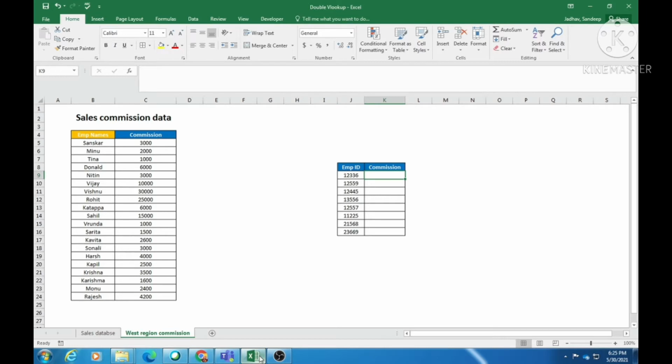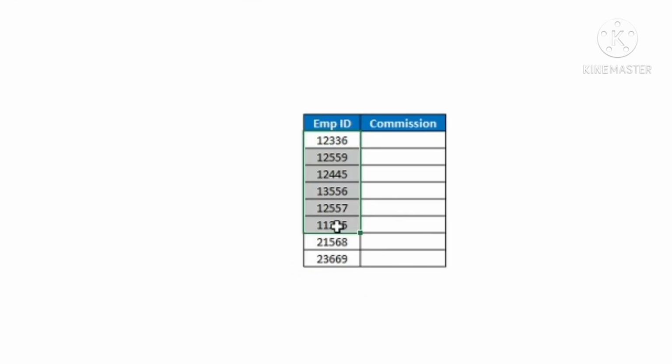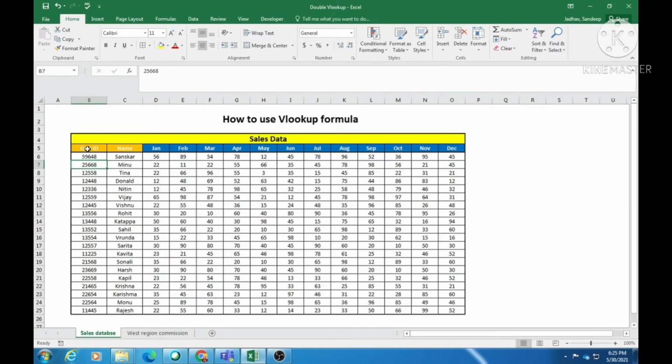For example, here is the database of employee names and their sales commission. What do we want to extract? We want to extract the commission for these employee IDs. Now here the employee ID is given to us, and that employee ID is not contained in the master database from where we want to extract the commission. But we have another database where employee IDs and the corresponding names for the employees are given.